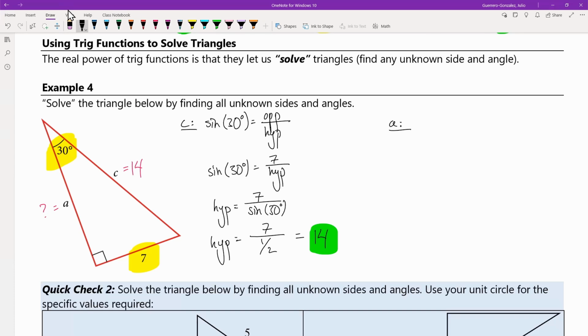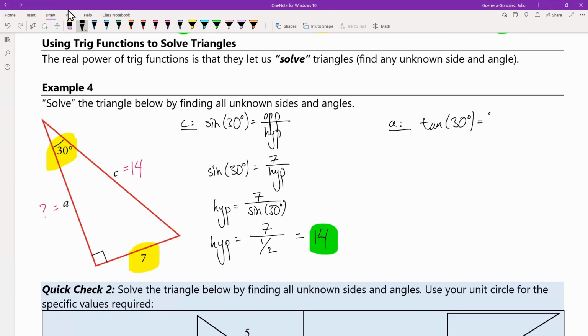It doesn't matter which one you use, but hopefully you see that we need the adjacent, so we can use either cosine or tangent. In this case, let's be fancy and do tangent. We know tangent of 30 degrees